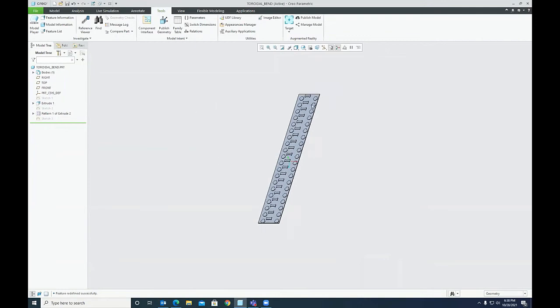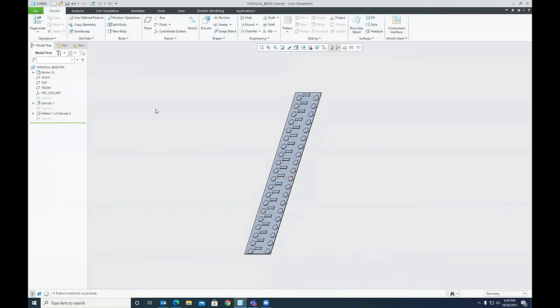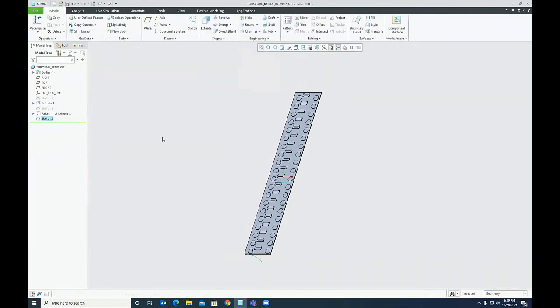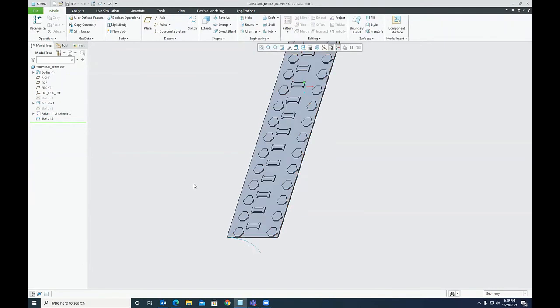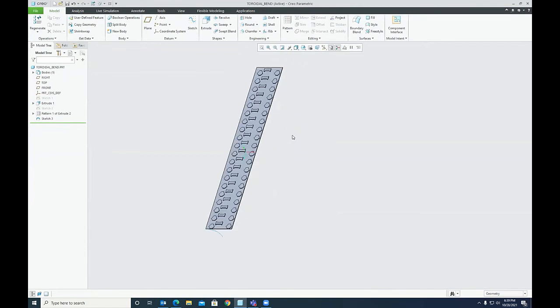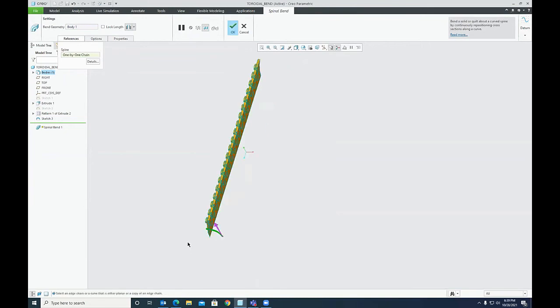Then consider that this thing is a tire of a vehicle which is in a flat state. So now I want to make it a total round tire. For that, I go to engineering and say spinal bend. Yeah, sorry, before that, I need to unhide this sketch, which is over here. Sorry, that is the bending geometry. So engineering and spinal bend, and the bending geometry I would say as solid body, and spine for bending should be this cage.